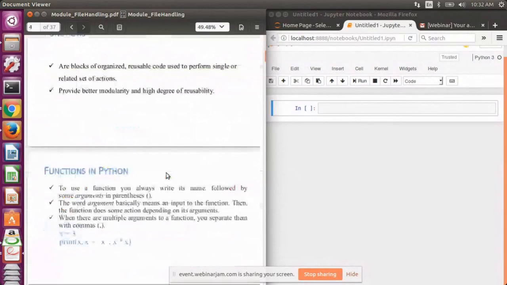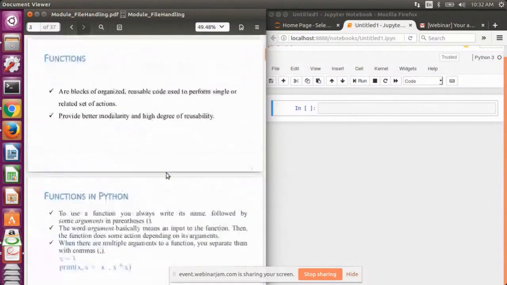So first things first, what is a function and how do we define a particular piece of code as a function? A function is basically a set of statements that perform a particular task. If we organize those statements in a block, then that block can be termed a function. The benefit of defining a function is that we can use that block in a reusable mode.